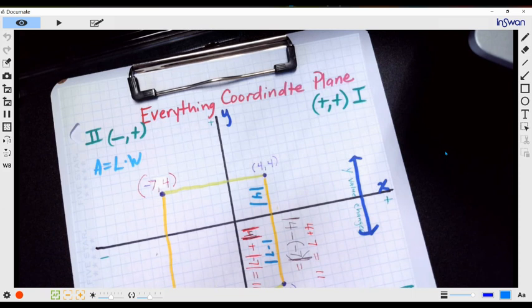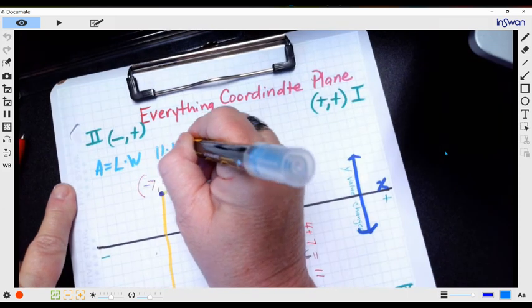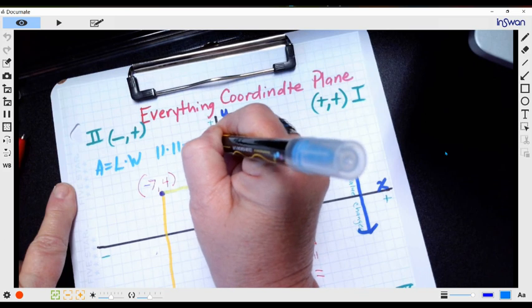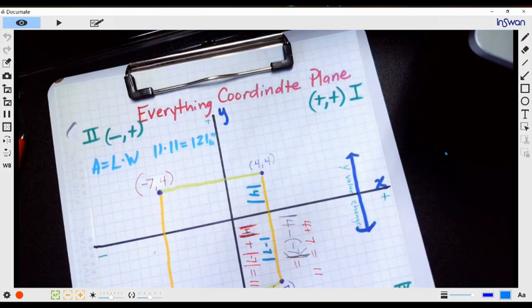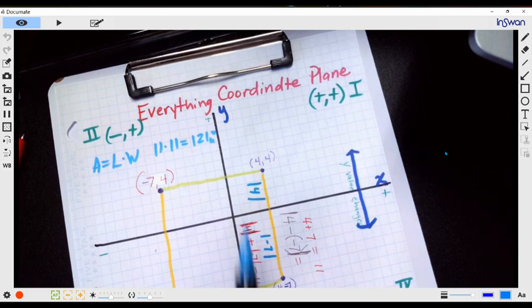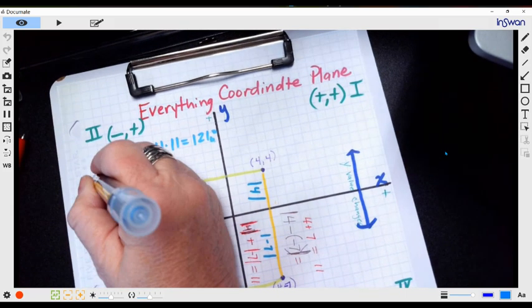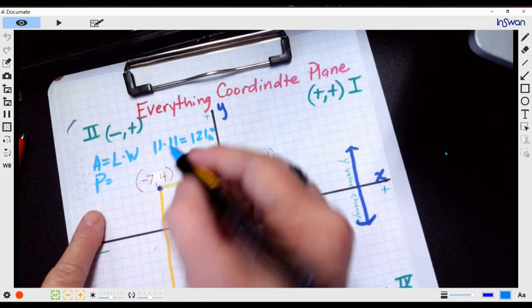Yeah, it is 121. So that's going to be 11 times 11, and that's going to be an area of 121, whatever the units are, squared. Okay. The perimeter would be 11 plus 11 plus 11 plus 11, 2 times the length plus 2 times the width. So the perimeter, which is the distance all the way around, is going to equal